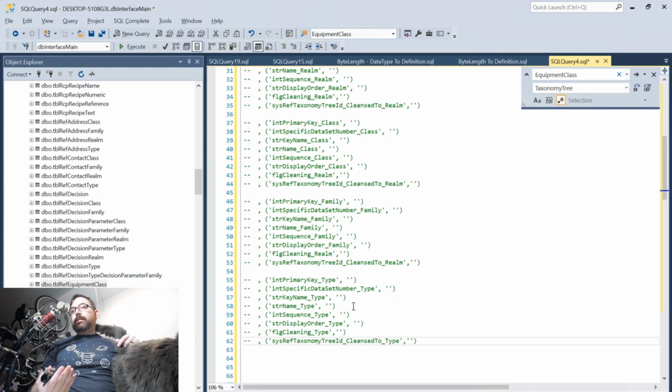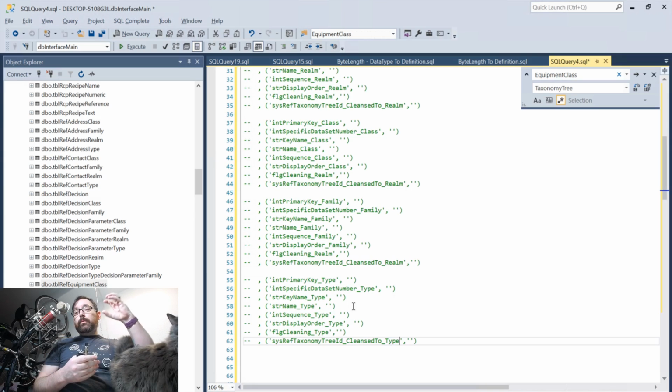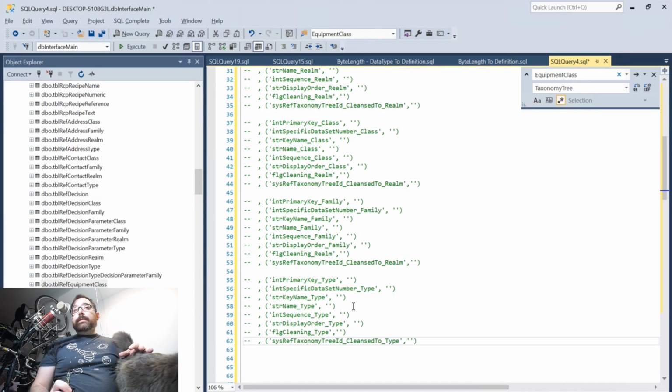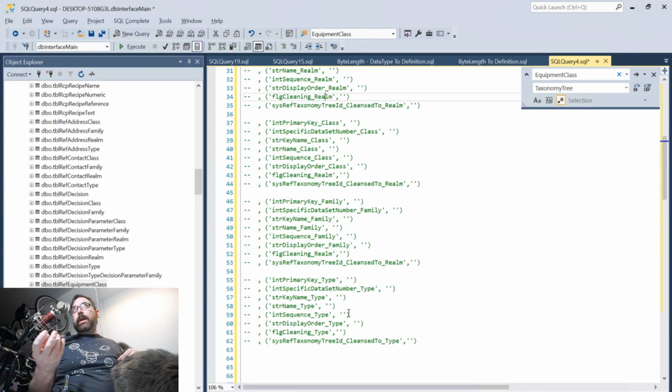You don't have to clean it coming in. You can clean it in the report, during a process, or never at all, and just create a relationship between what we know is the real value and what they've entered to preserve the integrity of this is what it actually is, but for some reason you called it this. And by adding that cleaning to the different realms, classes, family types, what we have is the ability to say, hey,